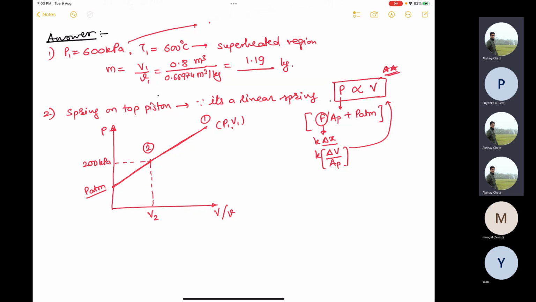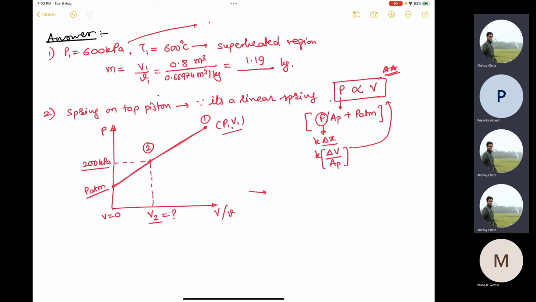So you can do linear interpolation again, and this is V equal to 0. So you have 2 points where you know P and V, here and here, and you have an intermediate point where you only know P; the V2 is unknown. So since you know how to use linear interpolation in the steam table, you can essentially apply it here. So if you do that, it should look like this. P1 minus P atm divided by P1 minus 0 equals P1 minus P2 upon V1 minus V2. And if you solve this, since the only unknown is V2, you should be able to solve one equation. So your volume will be